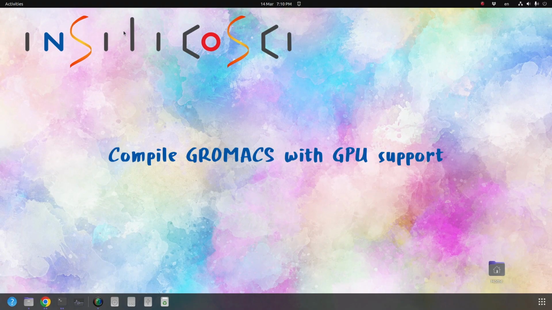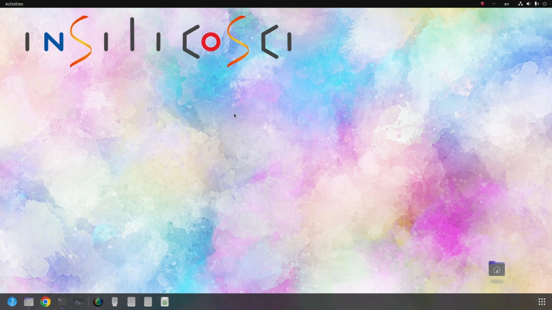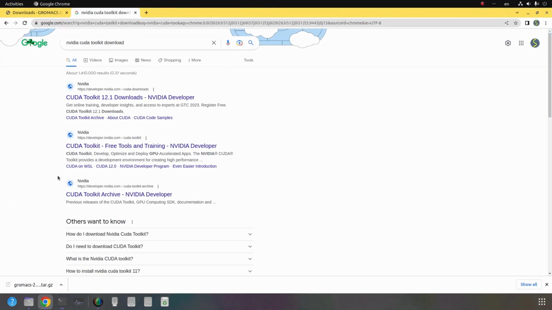Another way to install GROMACS is by compiling the GROMACS source code, and arguably it is the hardest method to install GROMACS. So why would you want to compile GROMACS from its source code? A, because by this method you can have the latest version of GROMACS, and B, you may want to compile GROMACS with a special feature like the ability to run on GPUs. And also you may have a very special hardware or operating system that you can't find any binary file for them. Today I'm going to install GROMACS with GPU support on my system.